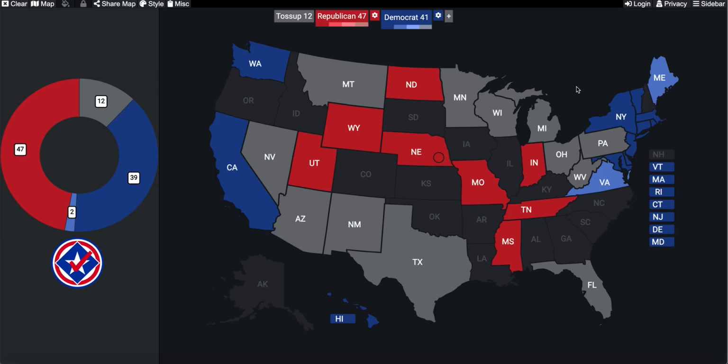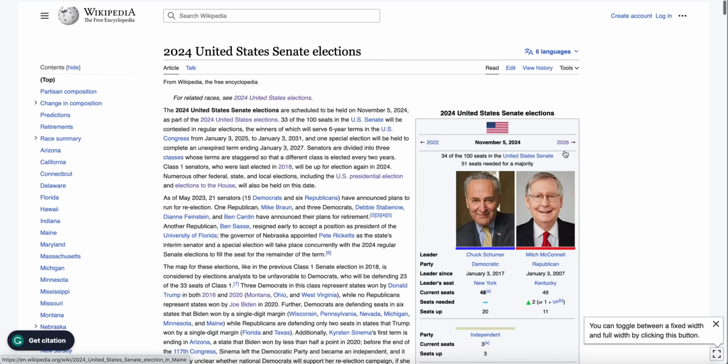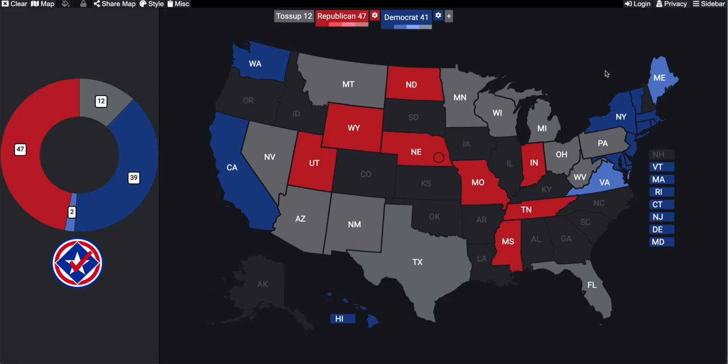A bit of a side note, though: the state of Vermont and Maine are two states where you have independent senators. One very, very notable. You have Bernie Sanders from the state of Vermont, and you have Angus King from the state of Maine. Angus King is running for re-election, so should he win, he would be an independent who caucuses with the Democratic Party, which is why I already assume it's going to be blue. And in the state of Vermont, Bernie Sanders, who ran for president as a Democrat twice, we know he's going to caucus with them. That is also a state we will characterize as blue.